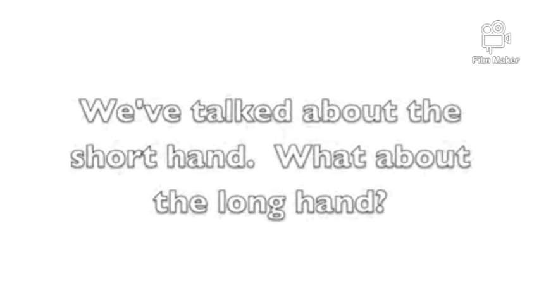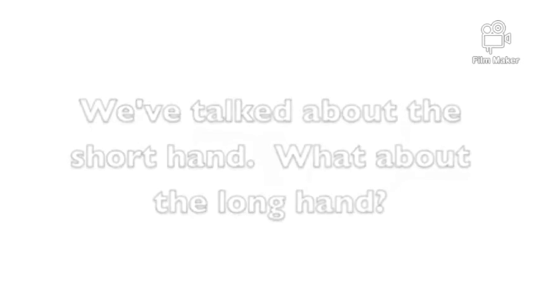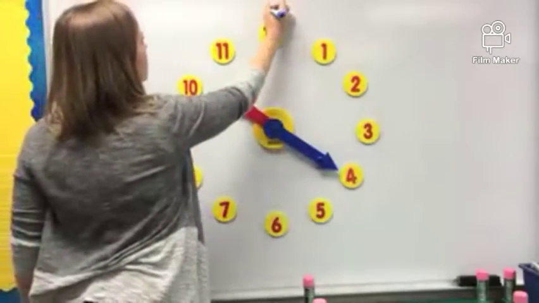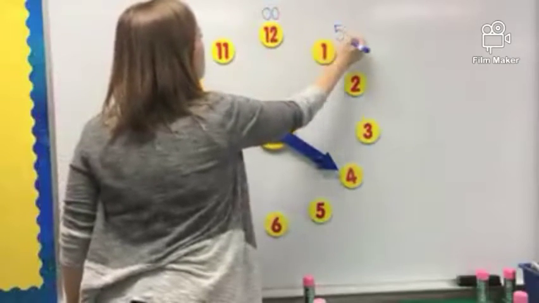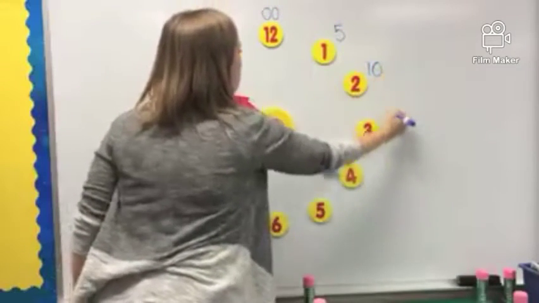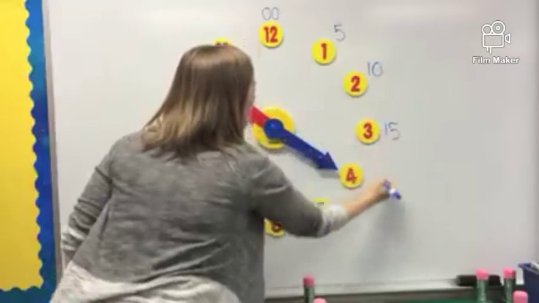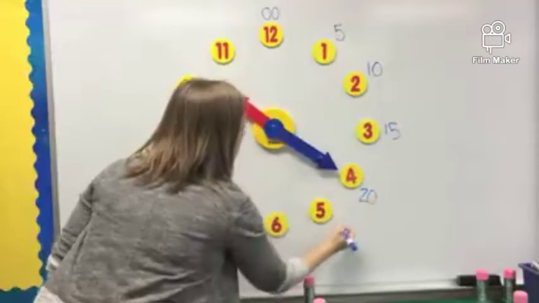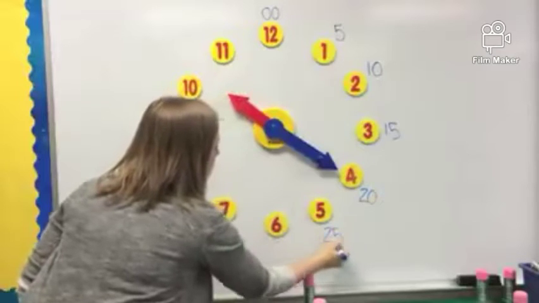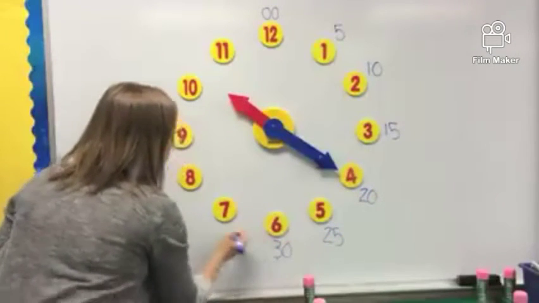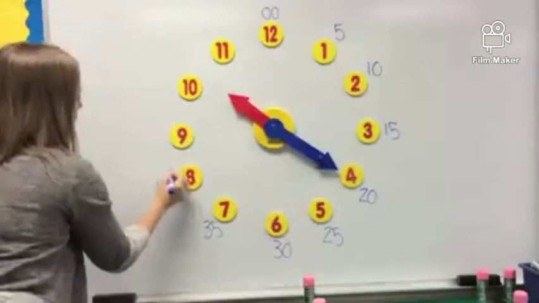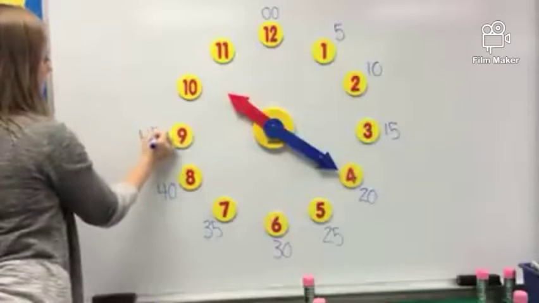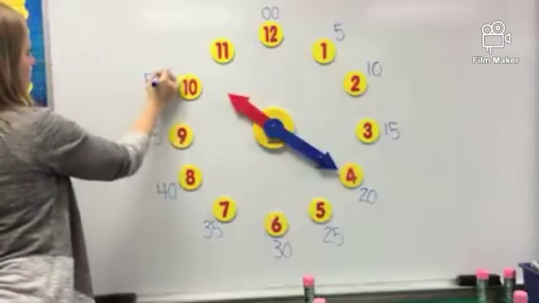We've talked a lot about the short hand. What about the long hand? It's important too. When you're thinking about the long hand, you're going to start at the top of the clock. That always stands for o'clock, and then we count by fives. 5, 10, 15, 20, 25, 30, 35, 40, 45, 50,